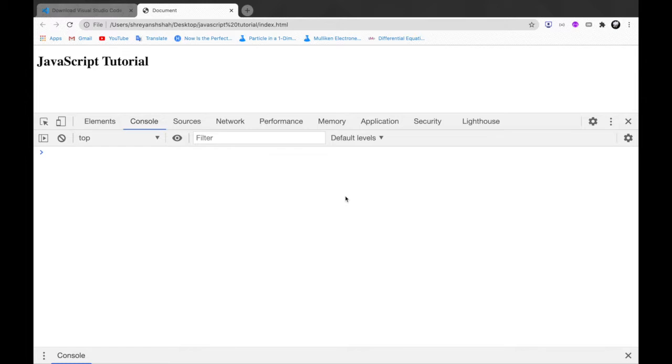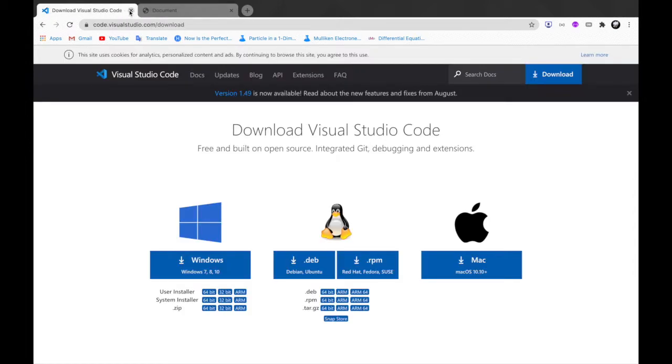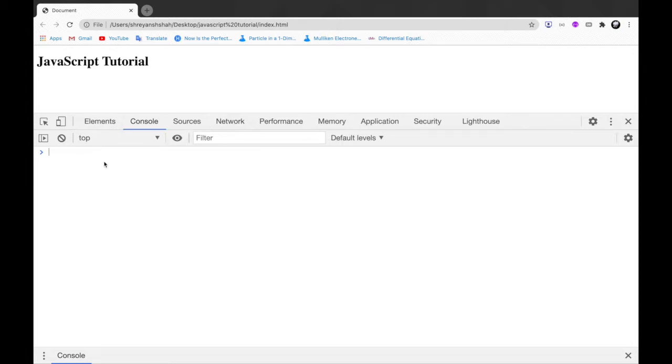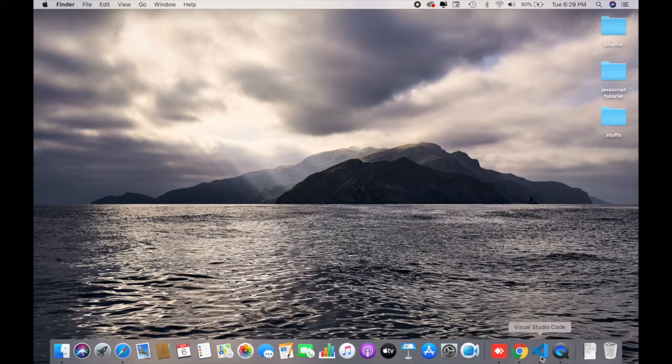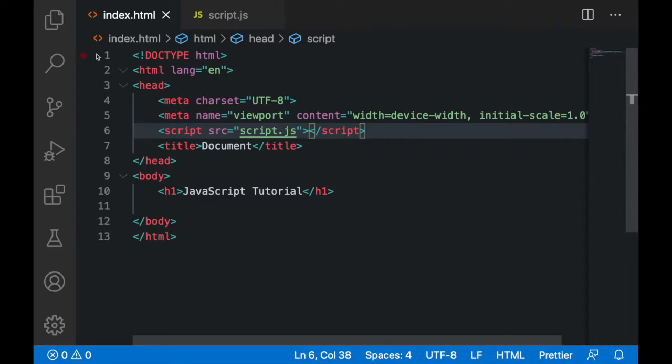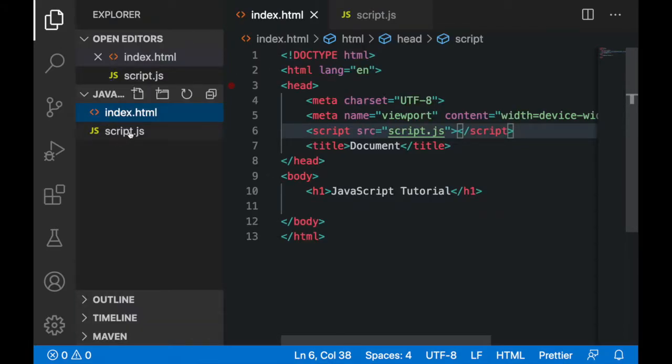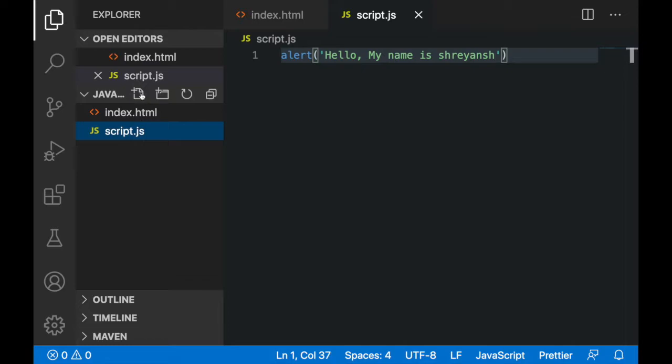Hello friends. So in the previous video, we have seen the concept of variables. So let's now put it into practice in this tutorial. So friends, the first step to do so is to create a JavaScript file. Okay, you can create a new file in your project folder using this icon. Okay, new file. So this file is created and I have named it as script.js.